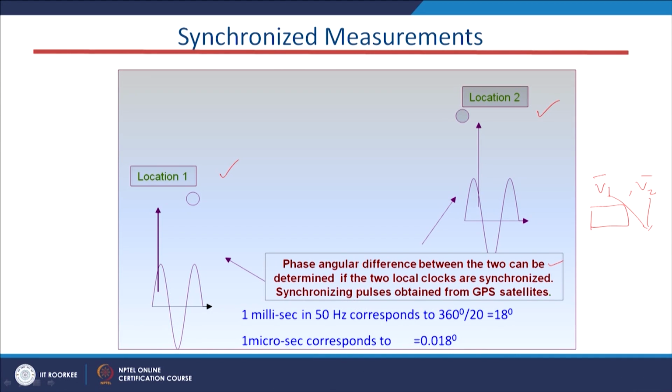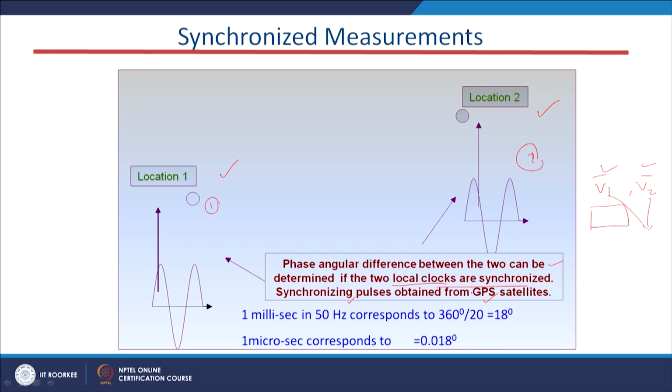Now, the angular difference between these 2 can be determined if the 2 local clocks are synchronized. Here we have one local clock, and here also we have one local clock. If these 2 clocks are synchronized together, then only these 2 phasors can be compared together. That is the meaning of synchronized measurements. And these synchronizing pulses are obtained from the GPS satellite. The GPS satellite will supply the synchronizing clock pulses, with the help of which these 2 phasors are going to be synchronized at a